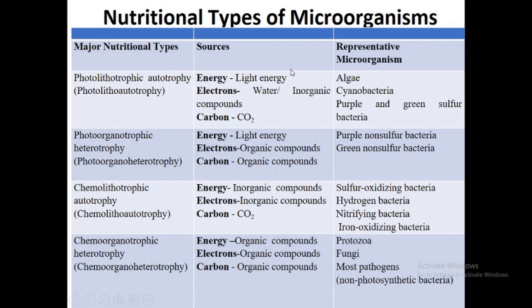The last class, chemoorganotrophic heterotrophs. These organisms, again going by the name, have organic chemical compounds as the source of energy, electrons and carbon. Common examples: protozoa, fungi and most pathogens or non-photosynthetic bacteria. So, these are the different nutritional types of microorganisms, and among these 4,